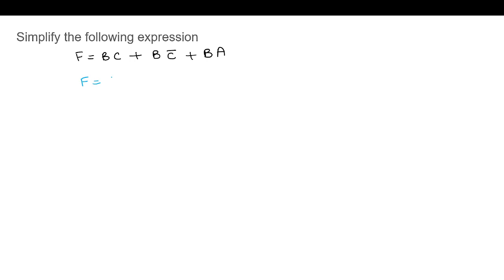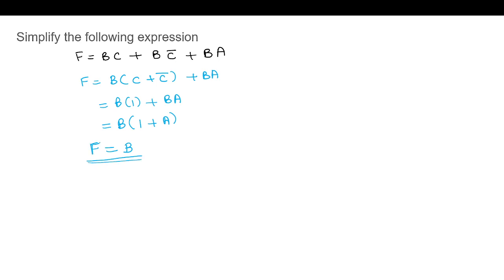First, we can take B common, so it will be B into (C plus C complement) plus BA, and this is B into 1 plus B into A. Next, B can be taken common, so it is B into (1 plus A), and 1 plus A is 1. So this gives B. So F is equal to B. So next,